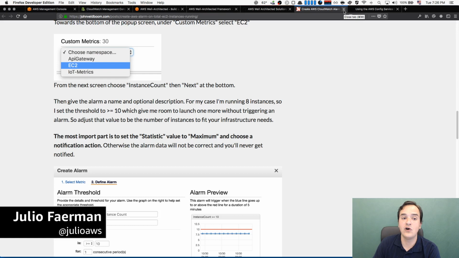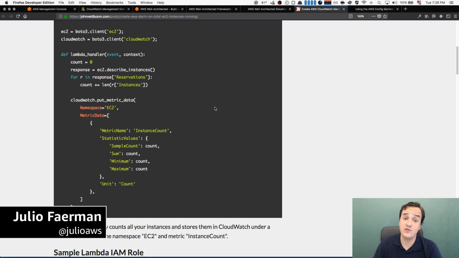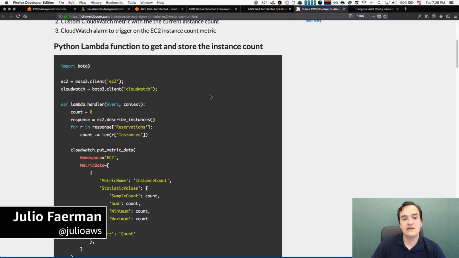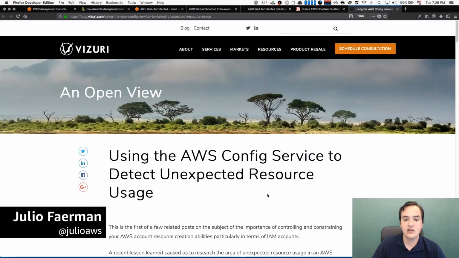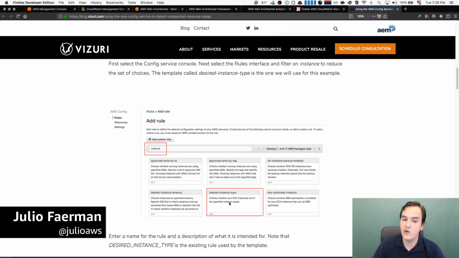So if you want to say that, hey, I have P2s and M4s, but I don't want to have more than double the size of my M4 fleet in the P2 family, you can create any kind of rule because after all, it's your function, it's your code, your data. You can just monitor this any way you like. And a very similar idea is valid for Config. So Config can run your Lambda function as well, but